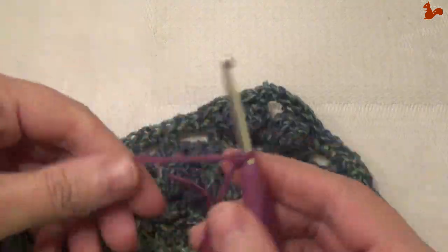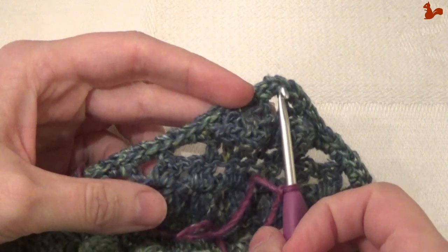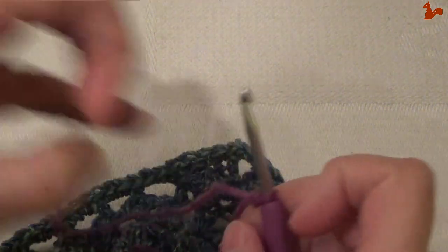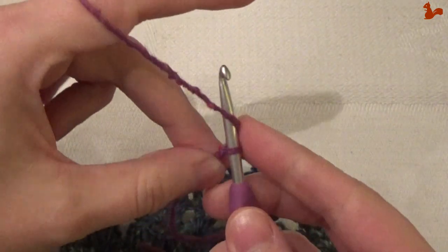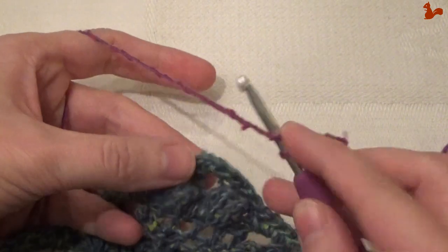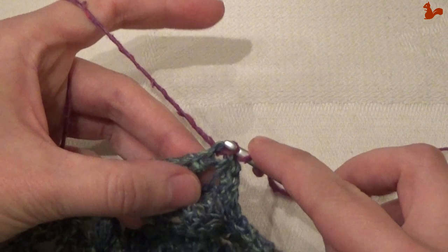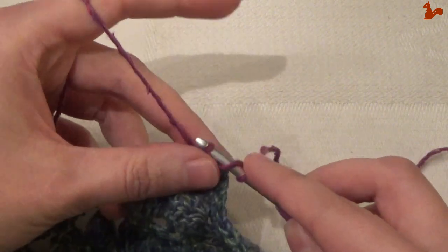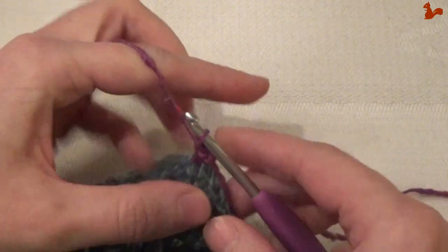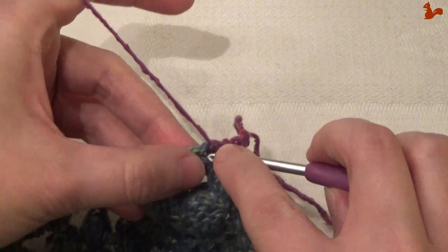Round 30, I have a new color yarn on my hook, and we're going to start in any corner space, in any chain 2 corner space. You're going to start in there with making a new corner. I'm going to start with a standing double crochet. I'm going to yarn over and hold on to that for a moment. Then in that chain 2 corner space, make a standing double crochet, followed by a second double crochet,